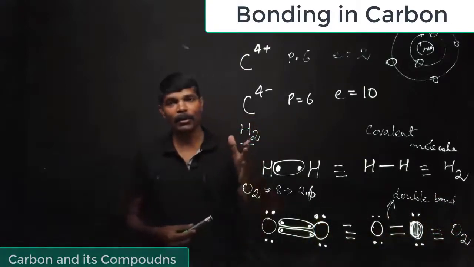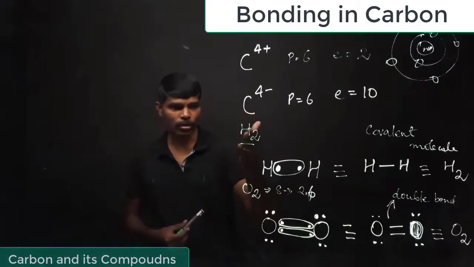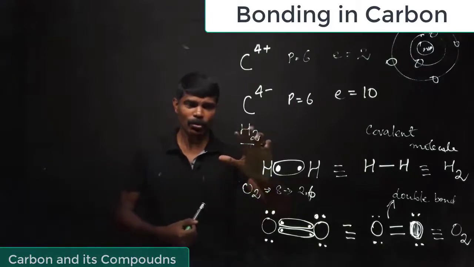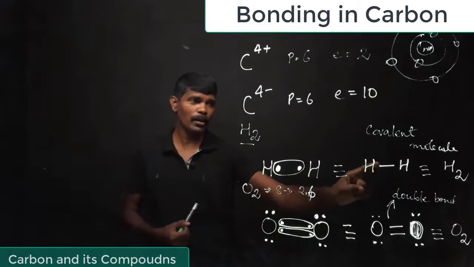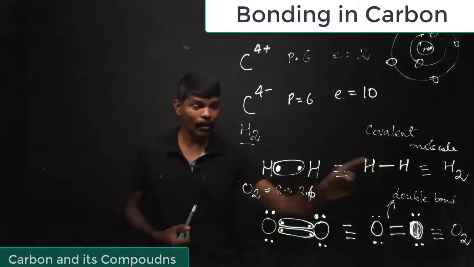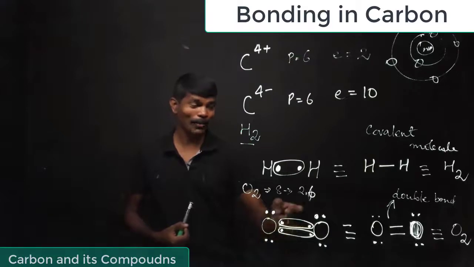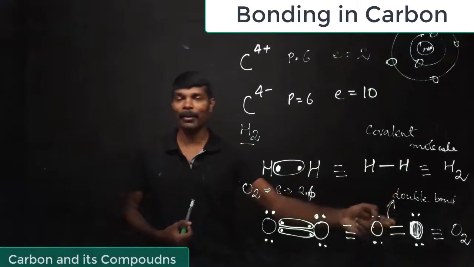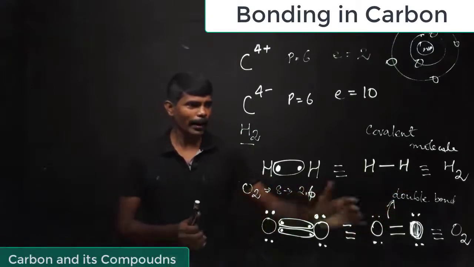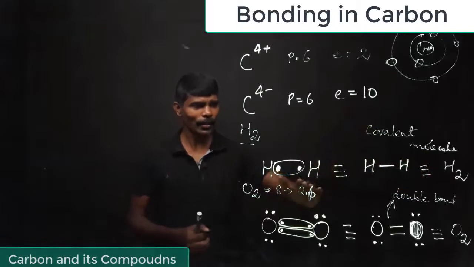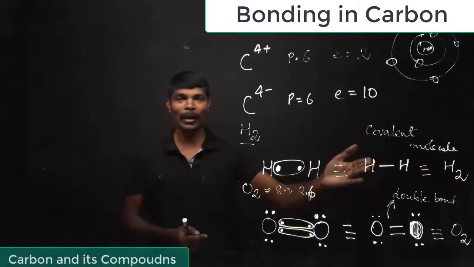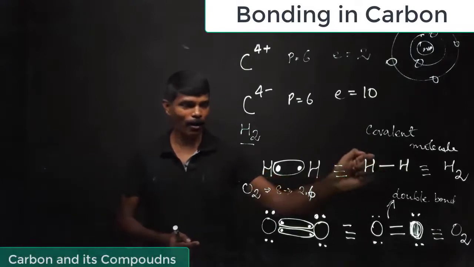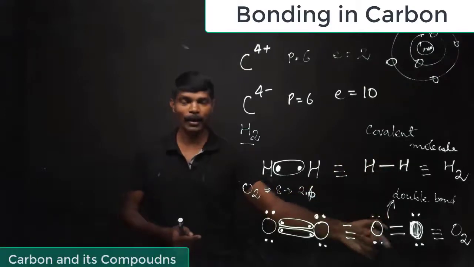See here, the diatomic hydrogen molecule is written as H2, and the diatomic oxygen molecule is written as O2. Between 2 atoms of hydrogen there exists one single covalent bond, or we call it a single bond, and between 2 oxygen atoms it's very clear that 2 covalent bonds are there, so we call it a double bond or double covalent bond. So if you draw the structure, then you will come to know what type of bond is there between the 2 species. In hydrogen we find a single bond, in oxygen we find a double bond.